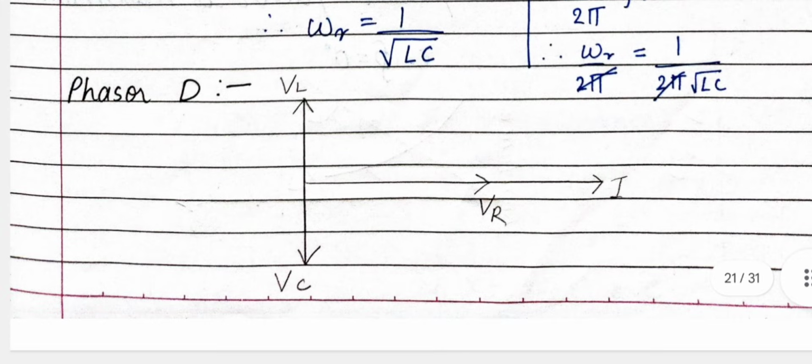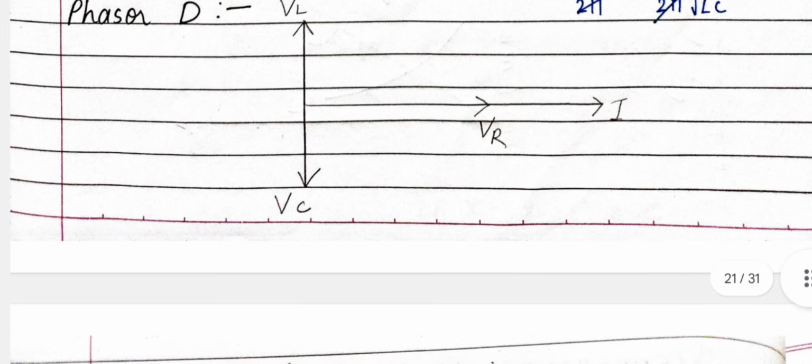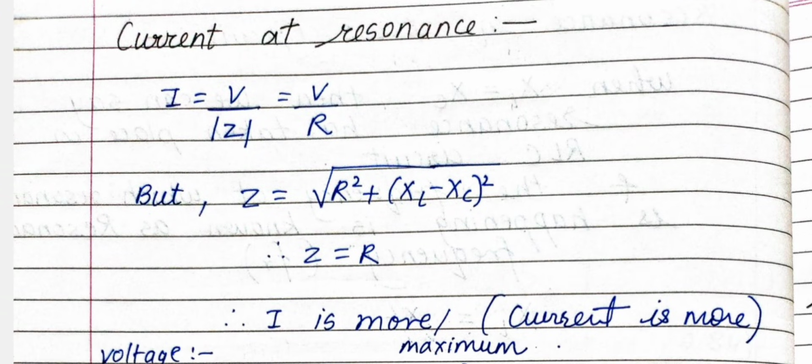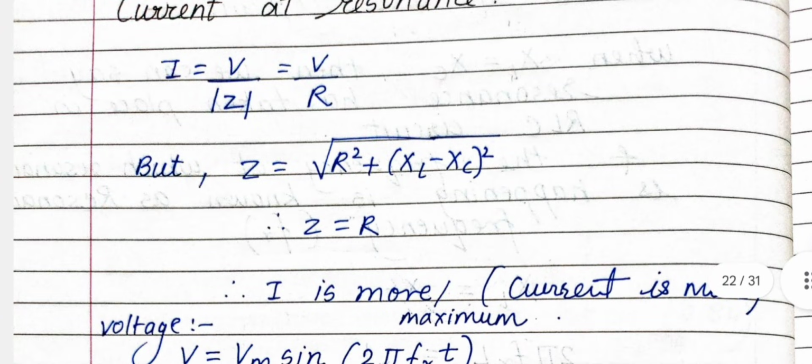Now you can make this phasor diagram. Remember VL and VC you have to show them equal, otherwise it is the same. We have explained this in the last part only. So this will be your phasor diagram for it. Now you have to derive the current at resonance. The current at resonance will be I equal to V by Z, but we have derived that XL equal to XC, so Z is equal to R. Just substitute Z equal to R and you will get V upon R. Here, why Z is R, I have explained the same thing: XL minus XC, XL and XC are equal over here, so that part will become 0 and we will get Z equal to R, so that only we have substituted in current.